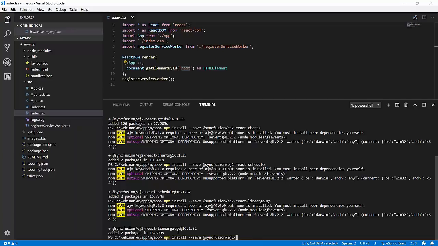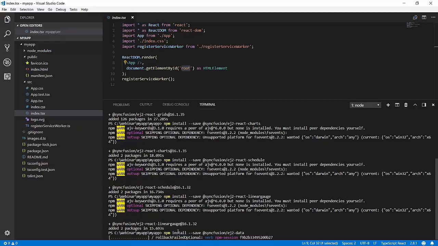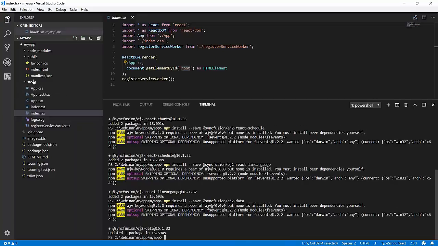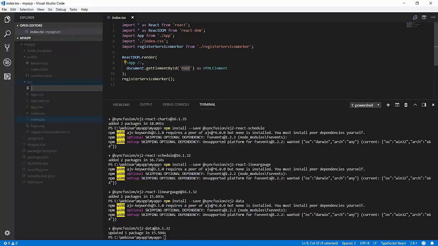So linear gauge, so I have grid, chart, schedule, gauge. Let's go ahead and add our data. Okay, and then we're going to be done adding all this. And we'll get to actually creating a Syncfusion component. And that'll be a lovely thing to see. So actually, while this starts, let's go ahead and add a new file. A new file is going to be our chart